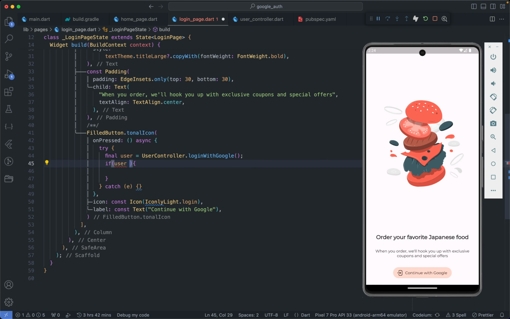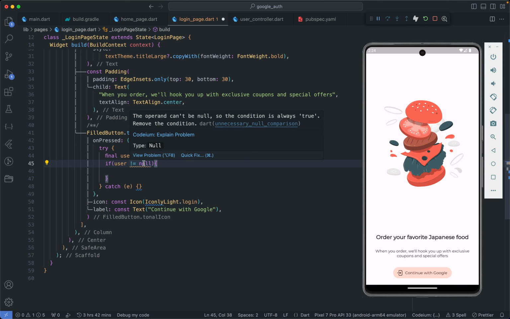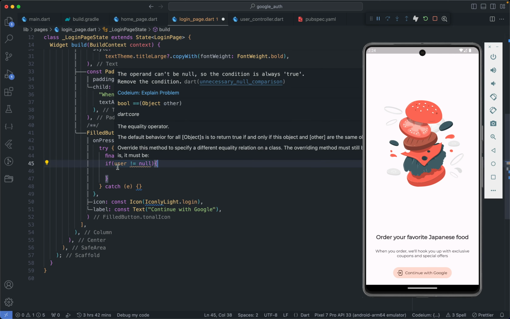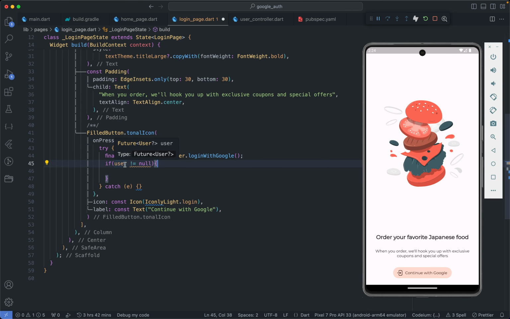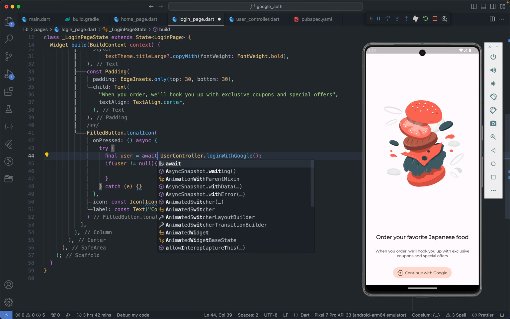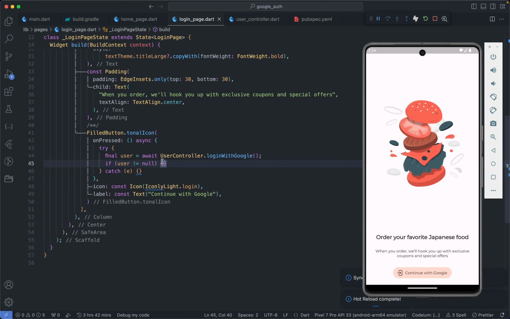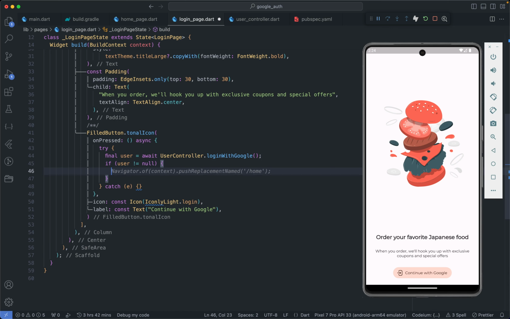So if user is not equal to null, then it means we had some user, so we want to navigate